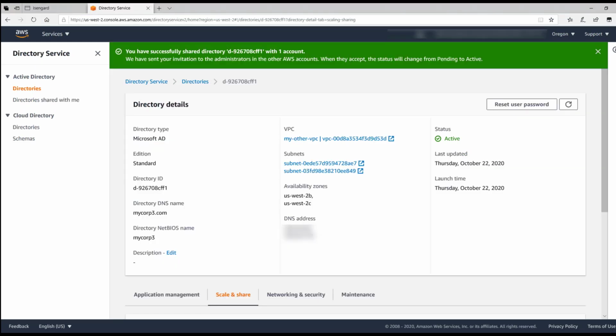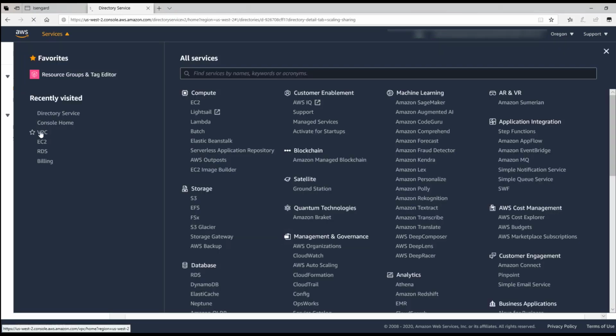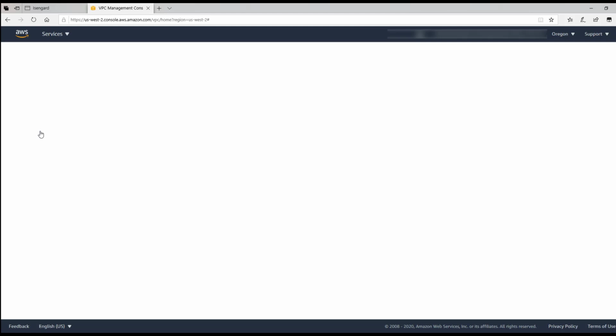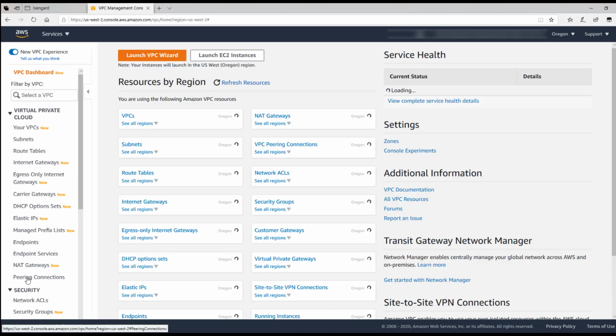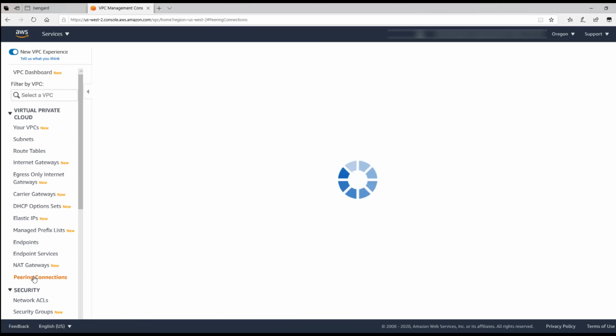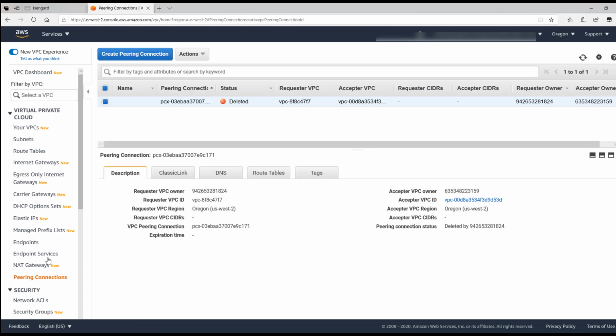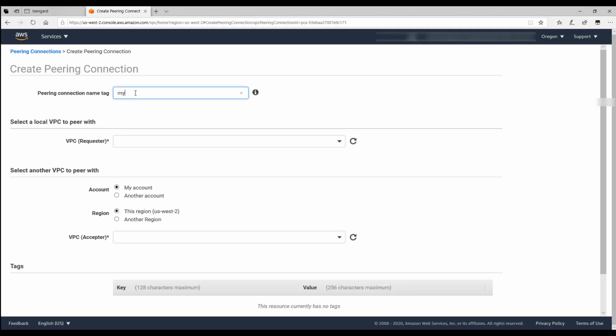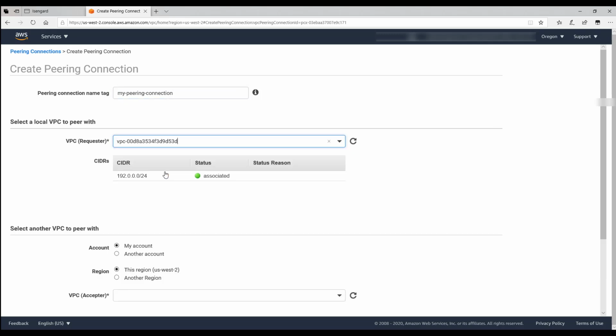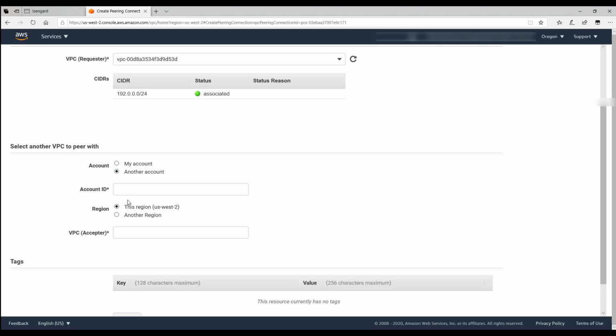Let's go ahead to our first account. Let's go to VPC. And here on the peering connections, I have nothing currently. I have only one peering connection, and that's been deleted. So let's go ahead and let's create peering connection. I'm going to call it my peering connection. VPC requester, it's going to be VPC ID of this VPC. I'm going to do another account, and the account ID is this